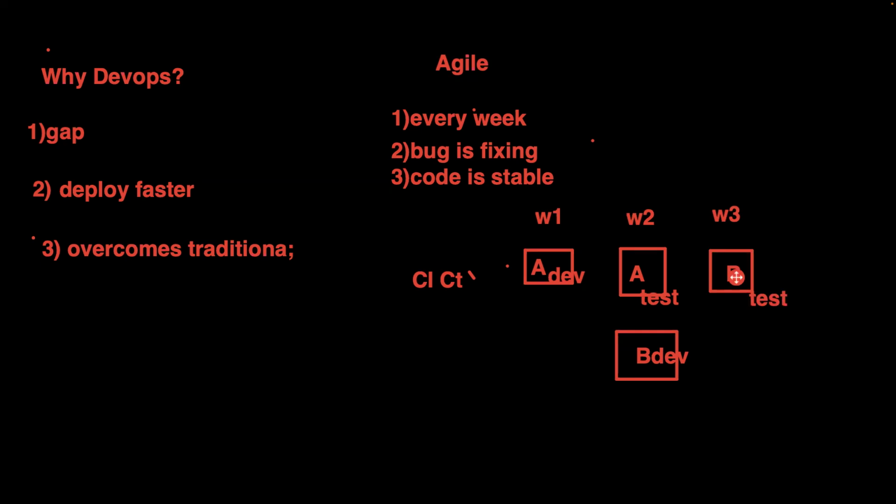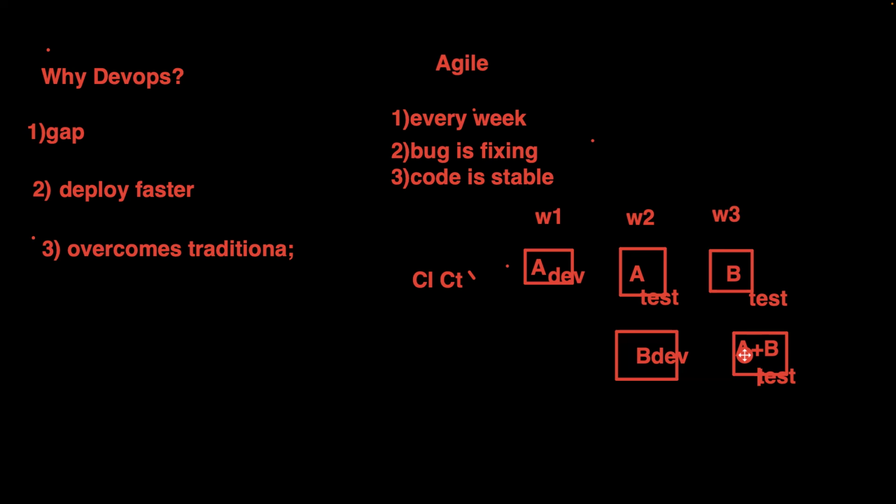Also, at some point, A and B will be combined and tested. It should be integrated with the old code and tested. Then only does it make a complete product, right? So in any particular week, both testing and development are happening, which is continuous development, continuous testing, and continuous integration, because all of that is combined and tested again. This is what helped overcome the challenges faced by developers. But the challenges faced by the ops team were still there.